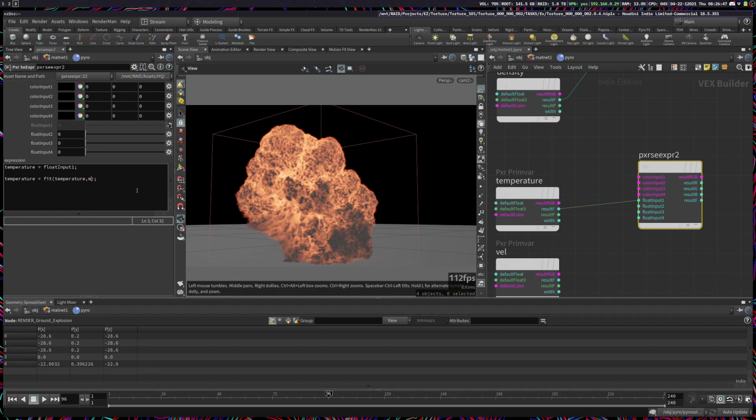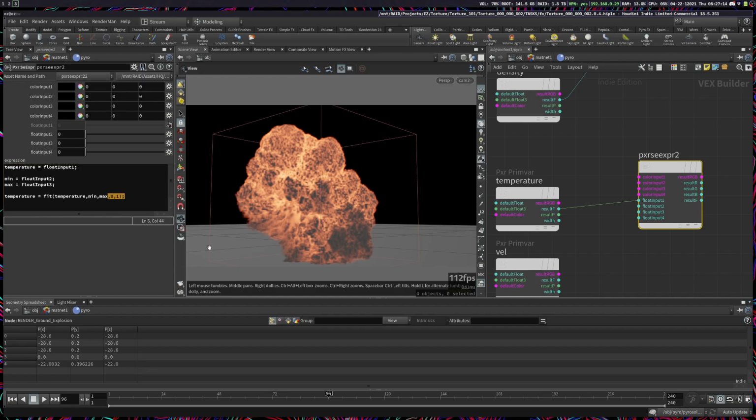Okay, so we're going to fit this from min and max to 0 and 1. We're going to say min equals float input 2. Max equals float input 3. Cool. And what this is doing is remapping our temperature based on the min and max we set here to